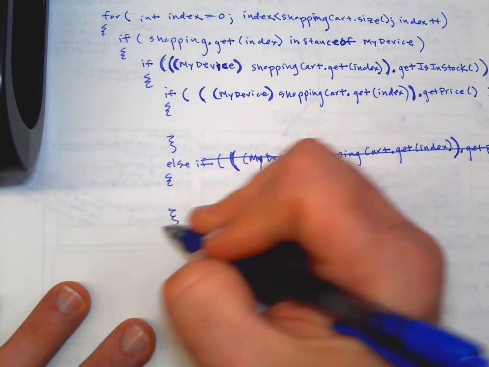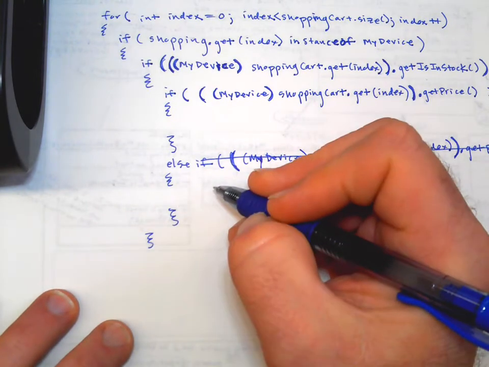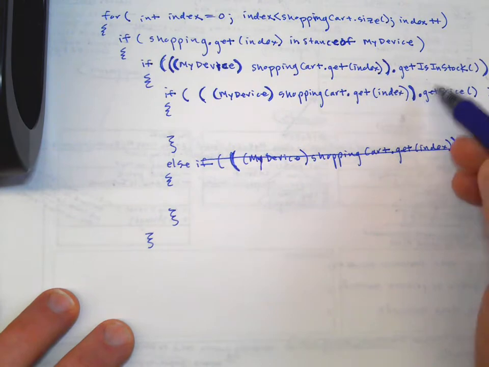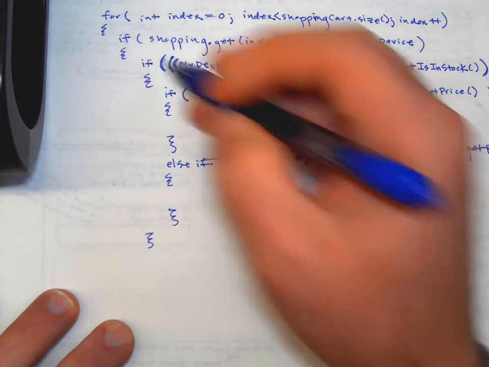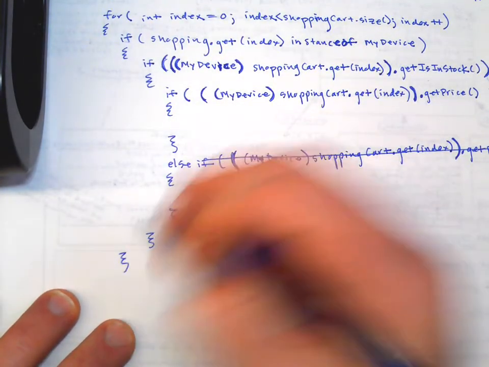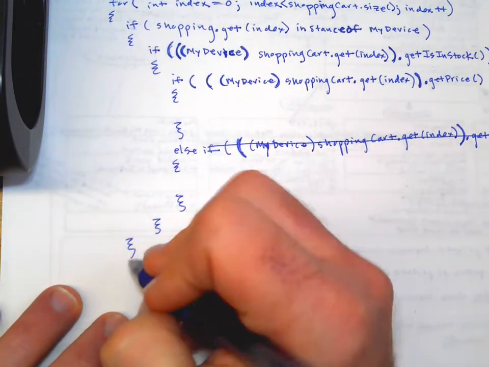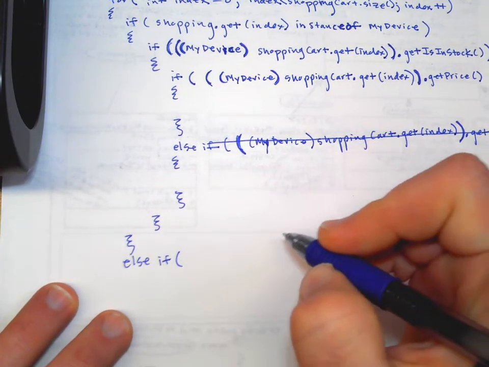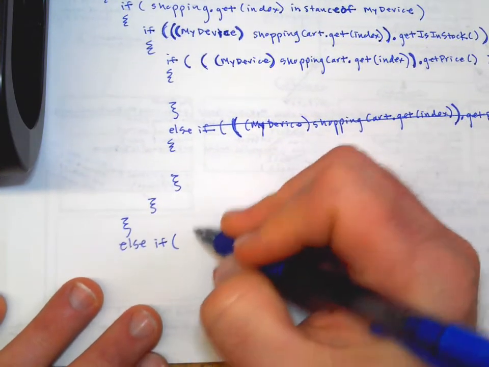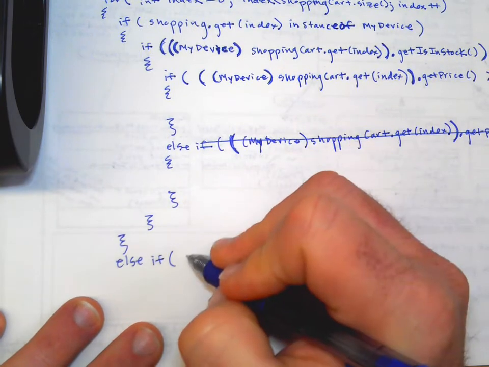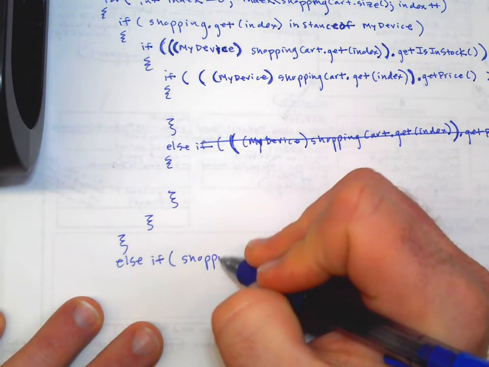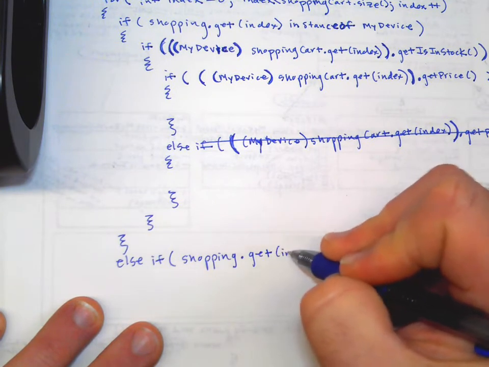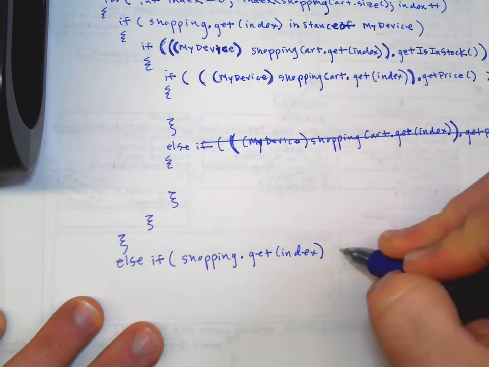So then the other situation, we have this if it's in stock, and if the price is this, else if the price is this, then we close that if, and then we close the if on whether it was in my device, and now we have to say else if, and we got to check if it's a book. Okay, so it's the same idea, but now you're going to say, all right, well, let's make sure if it's a book, we'll cast it to a book. You don't want to start casting things that you don't know what they are, right? So this is where we do the instance of,